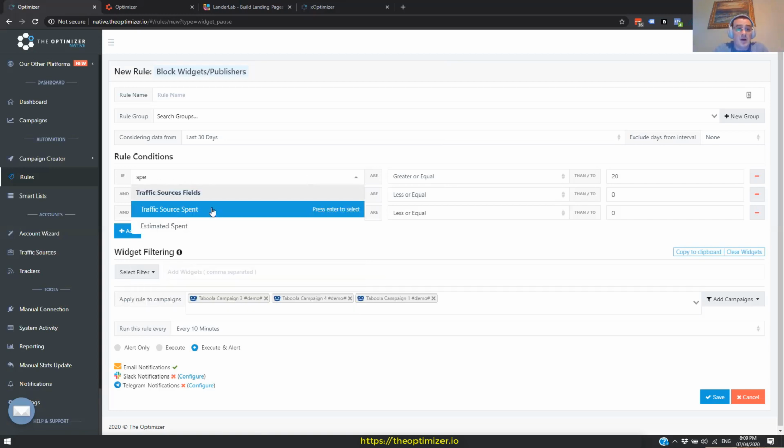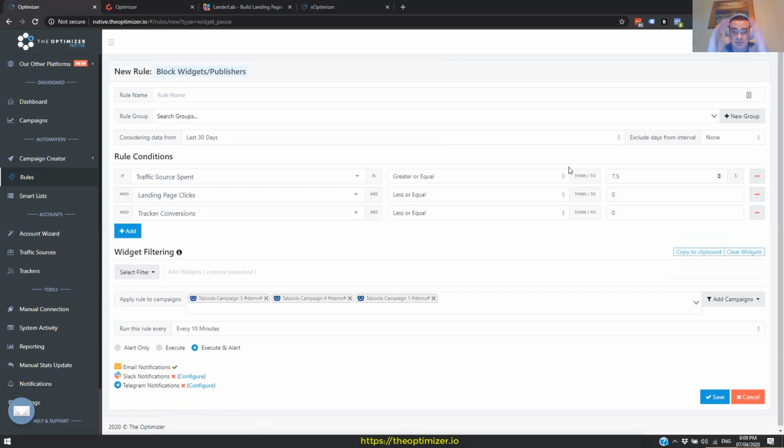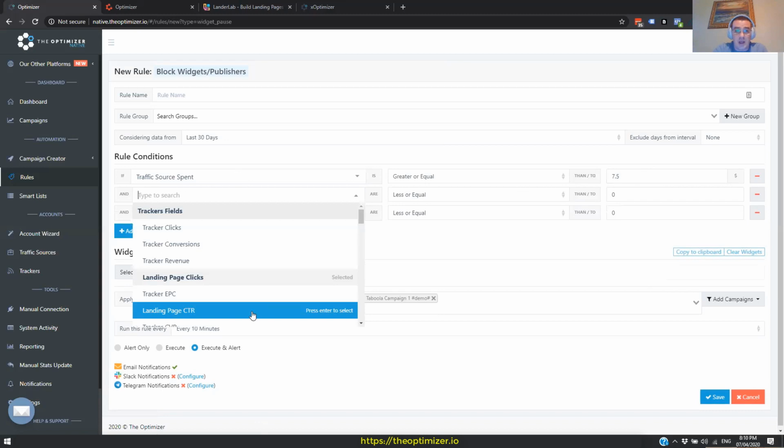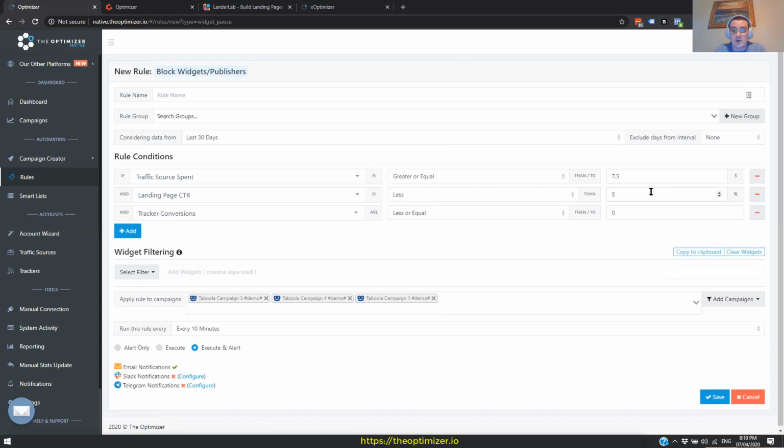So if the spend on the traffic source is, let's say, $7.5, which is the hypothetical payout of the offer that we are promoting, or more, and the landing page click-through rate is less than 5% or 6% or even 10% without generating any conversions, then we decide to block the publisher, because we know, even though it may end up being a single conversion, that based on